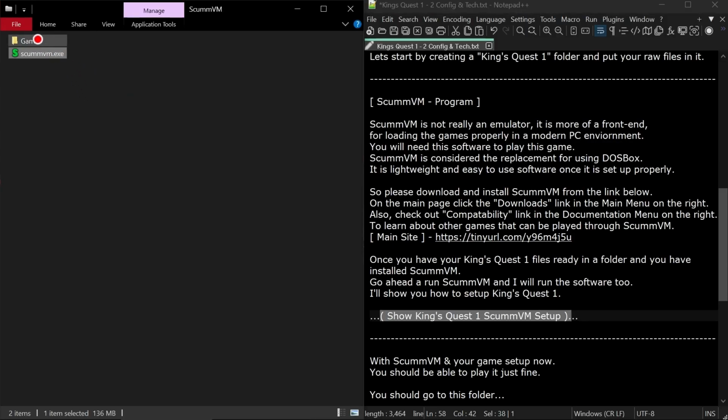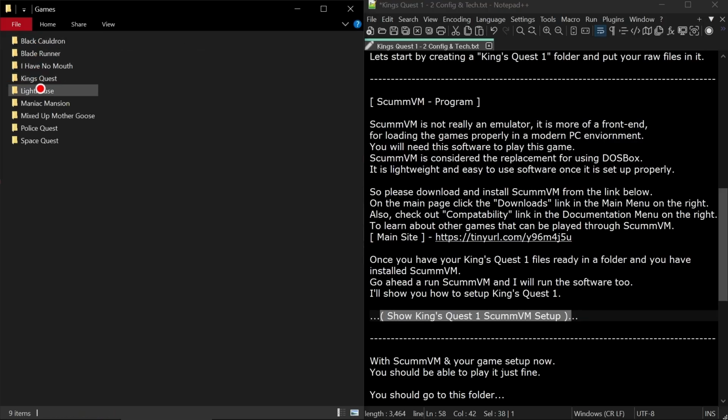you'll have this file. You won't have anything else because this I made, and everything else I've hidden in the folder because we're not going to be talking about it. So run your executable. If you want to look at how I've set up mine, you can see a bunch of different games I have in here. So I made a games folder in the folder where ScummVM is, and then I made a King's Quest folder, and then these are just